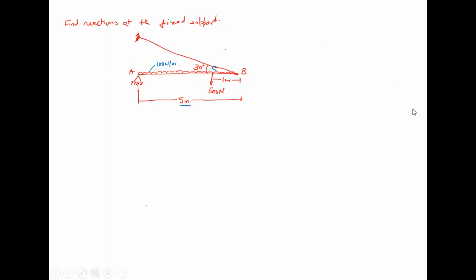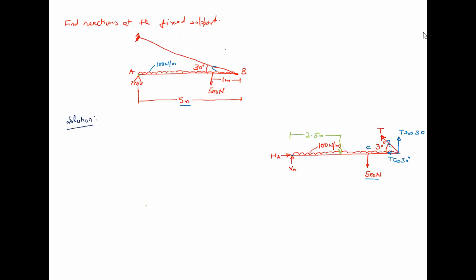So if you want to solve this problem, you can first draw a free body diagram. So this is the free body diagram of your problem. For the hinge A, we are applying horizontal reaction and vertical reaction, and this rope is applying a tension T. Let's take its horizontal and vertical components. This angle is 30 degree. Now balance horizontal forces. Only HA and T cos 30, two horizontal forces, are acting on this beam. So HA minus T cos 30 must be equal to 0. So you will get a relationship between HA and T.